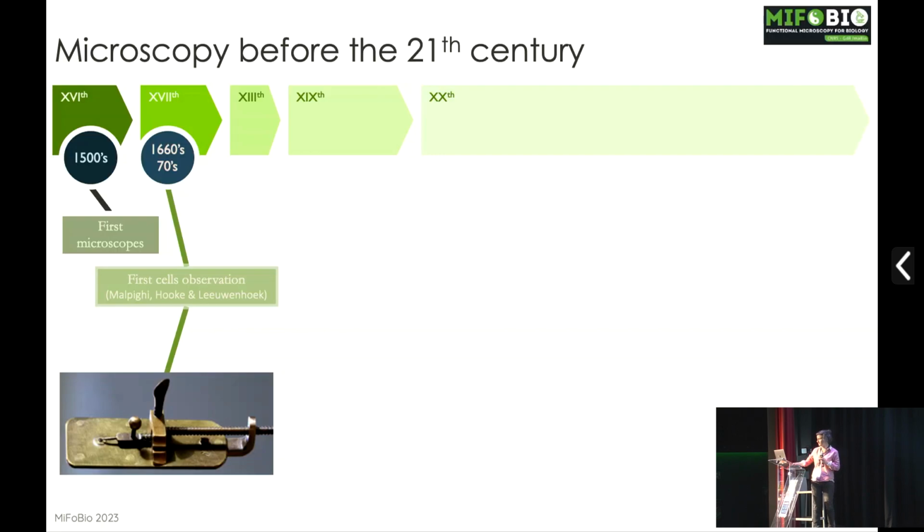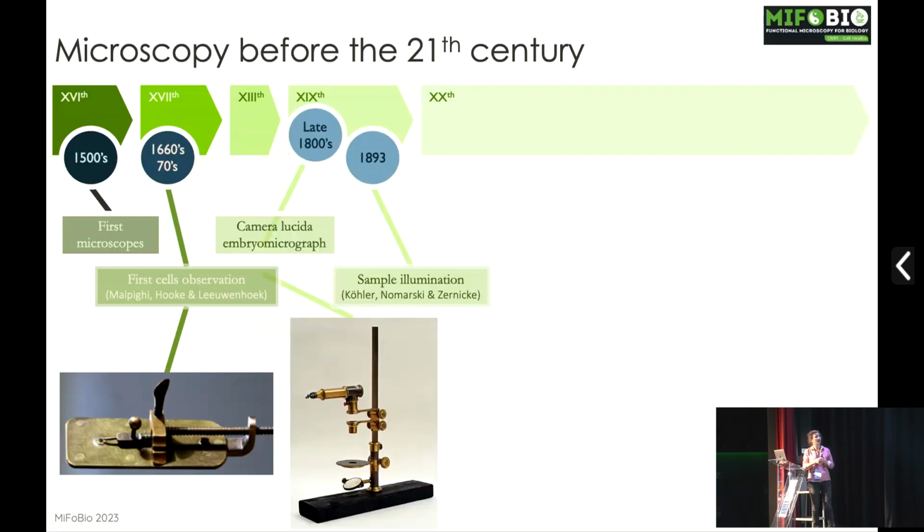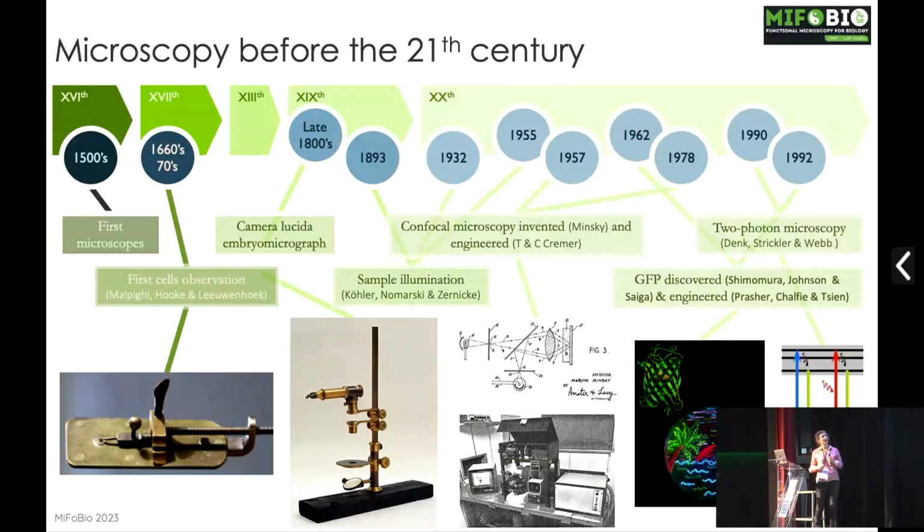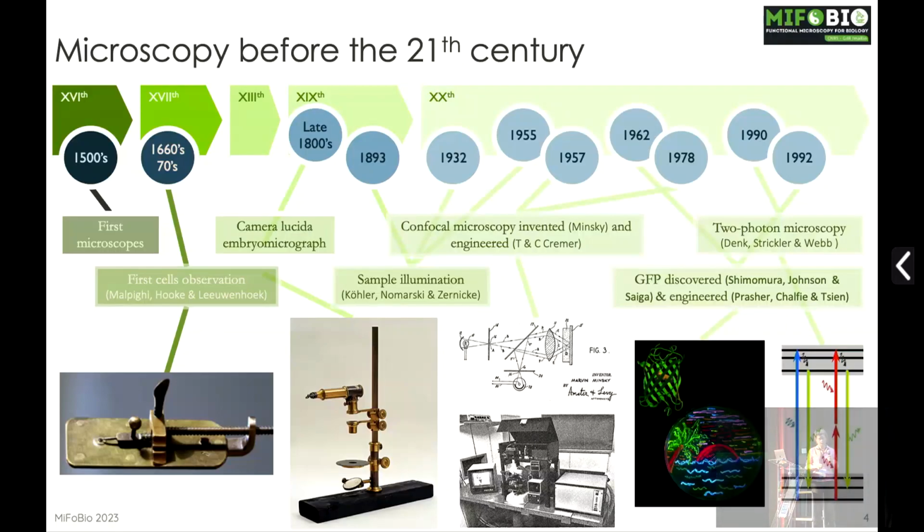But then people improved the light excitation, and how to propagate light through the sample in the best way. And then during the 20th century, there was an explosion of new technical developments, including the first